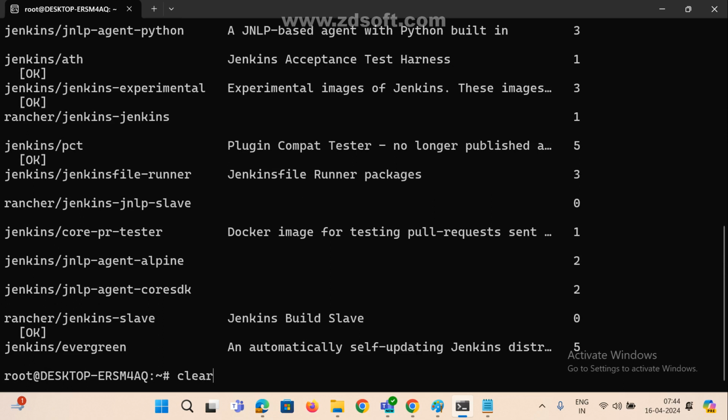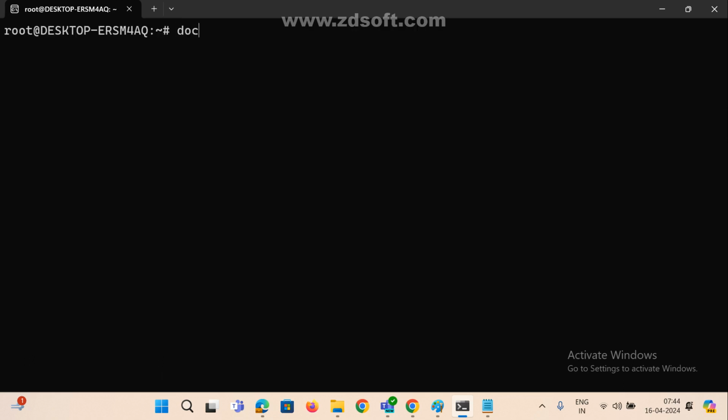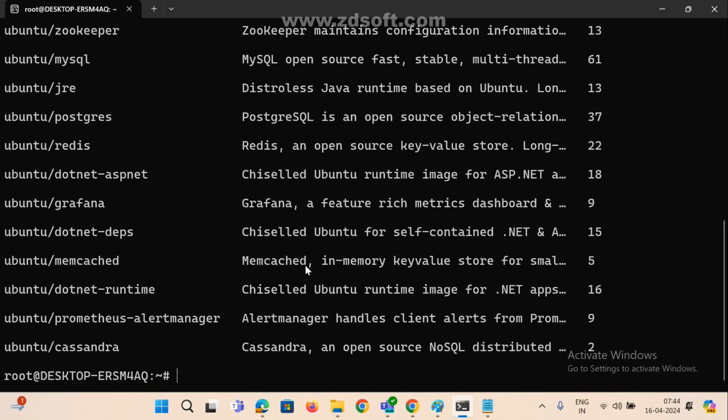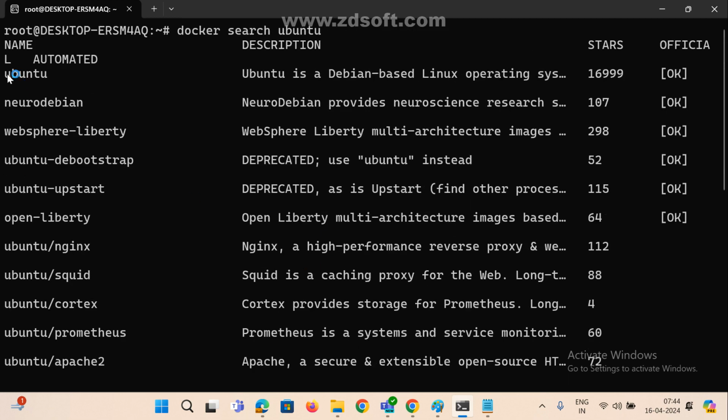Now anyway, I am searching for one image. So docker search and the image we want to search. For example, I need an Ubuntu server, one more Ubuntu image. Now see here, these are the images. See here, these are the images. Suppose